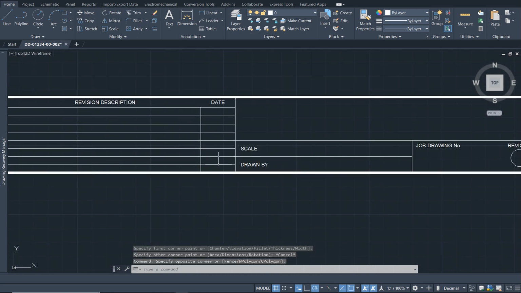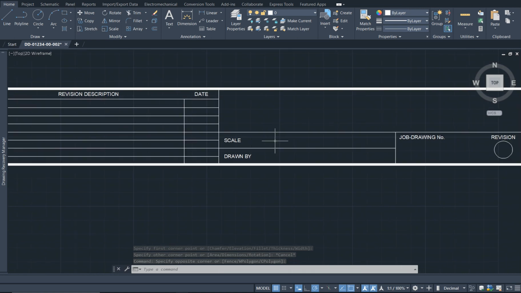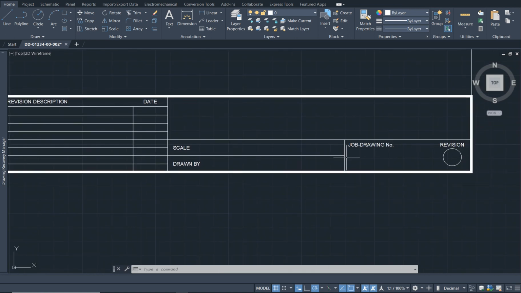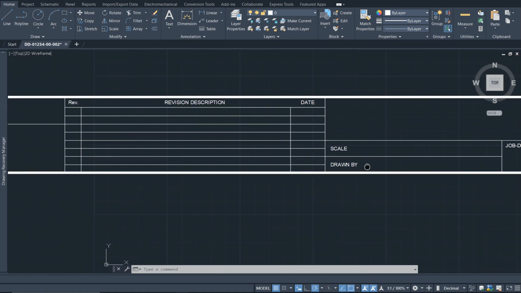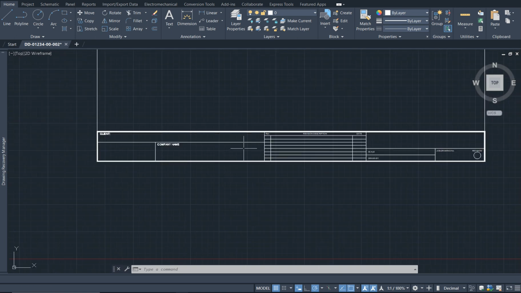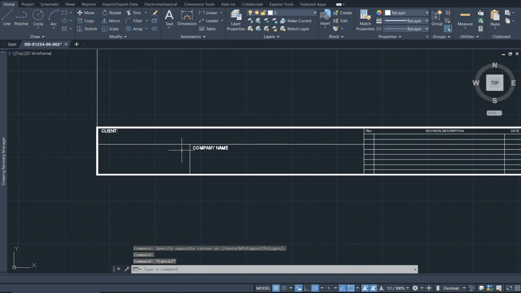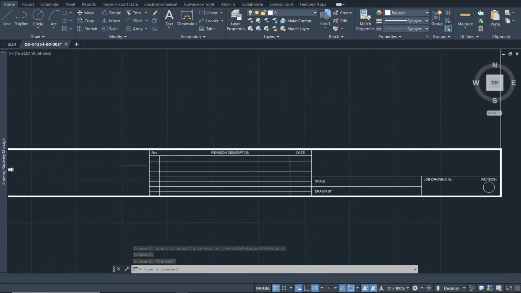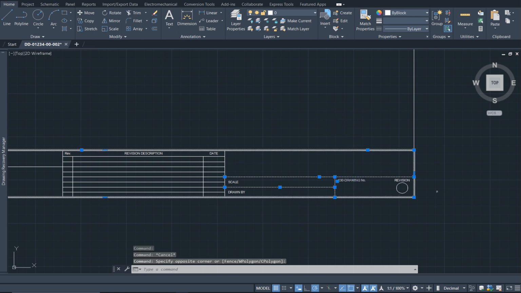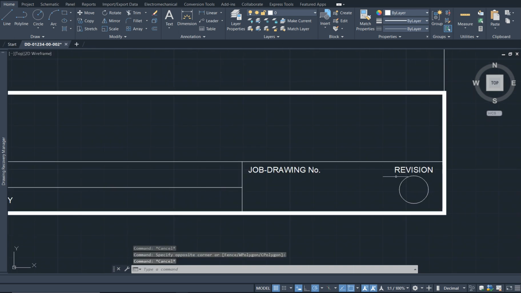We'll fill in all these boxes for the attributes later. All the text I have on there right now is static, permanent text. It's not going to change, so you want to put that in beforehand. These are all just lines and text. So go ahead and build your title block. I'm not going to go through the time of putting this all together, but just build with your lines and your text, and then any of the permanent text